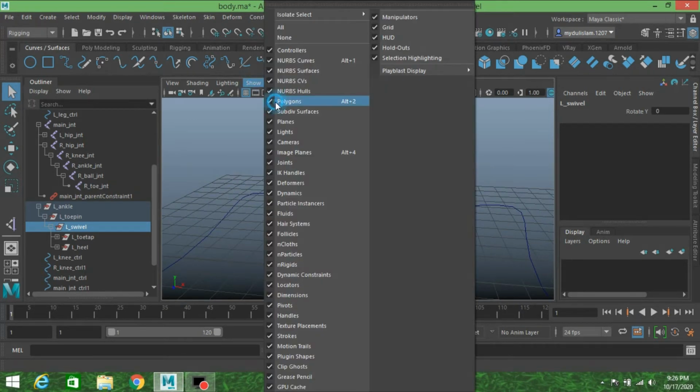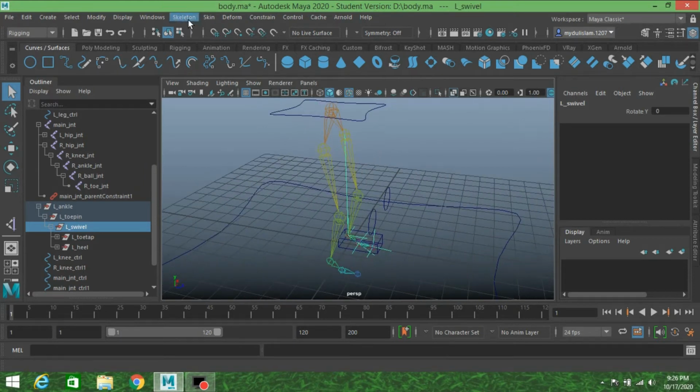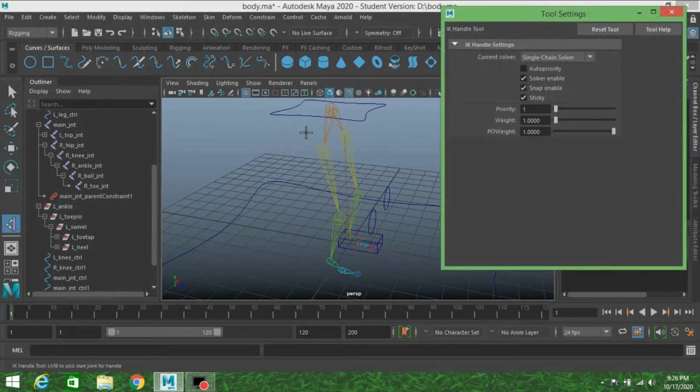Now hide your model, go to Skeleton, open the Create IK Handle option, reset the tool, set rotate plane solver, sticky.